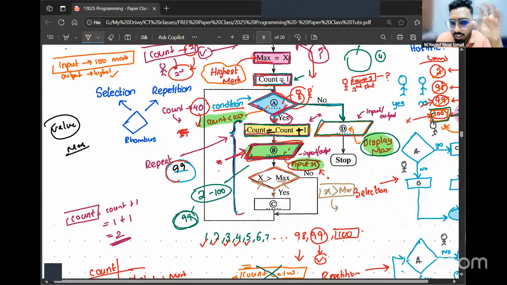You're going to go and check the number entered, the marks entered. Is it greater than max? If the marks entered was greater, whose value should you update? Now,